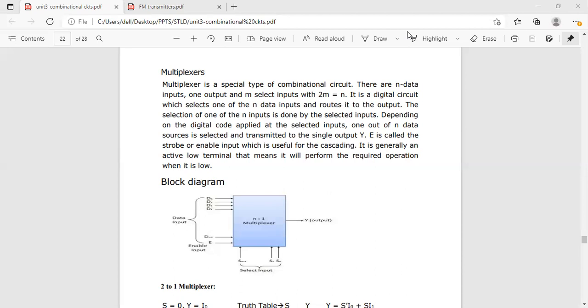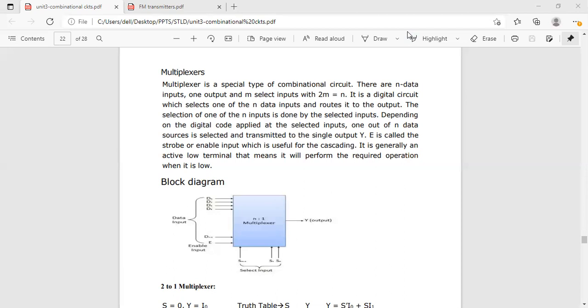We also discussed the decoder with enable input. If the enable input is active high, it can be designed with AND gates, or with NAND gates when the output is active low. We also considered the enable input being active low. We also discussed higher order decoders: we can implement higher order decoders using lower order decoders.